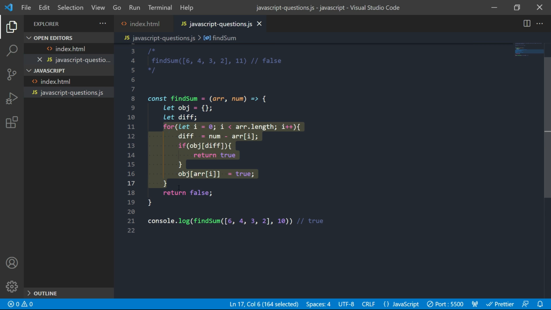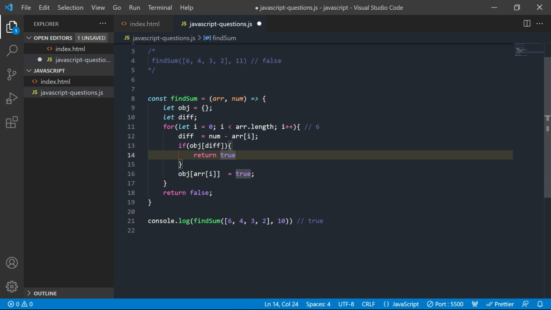So in this loop, we are checking the difference, right? So the number is 10 minus array of i. Here array of i is 6 for the first iteration, right? So 10 minus 6 results in 4. In this condition, if object of 4 exists, then return true.